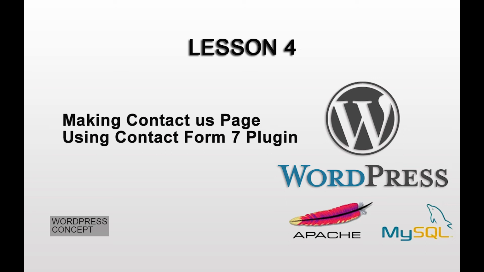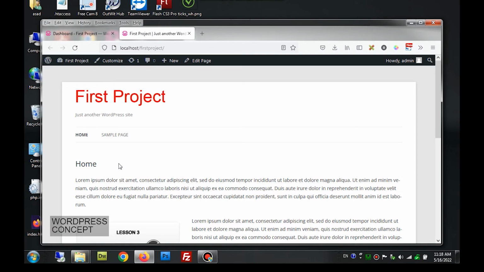This is part 4 of the WordPress learning series. In this part, we will actually make the contact us page. In the last lesson, we made this home page and set it as the home page. Now we will make the contact us page because I'm planning to make a complete site,